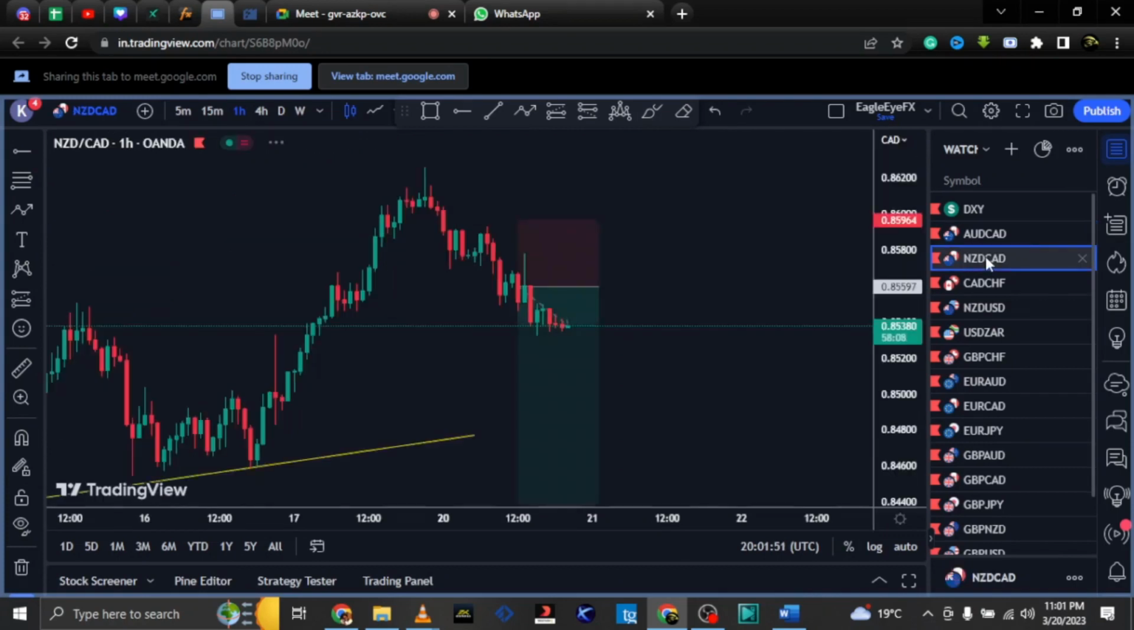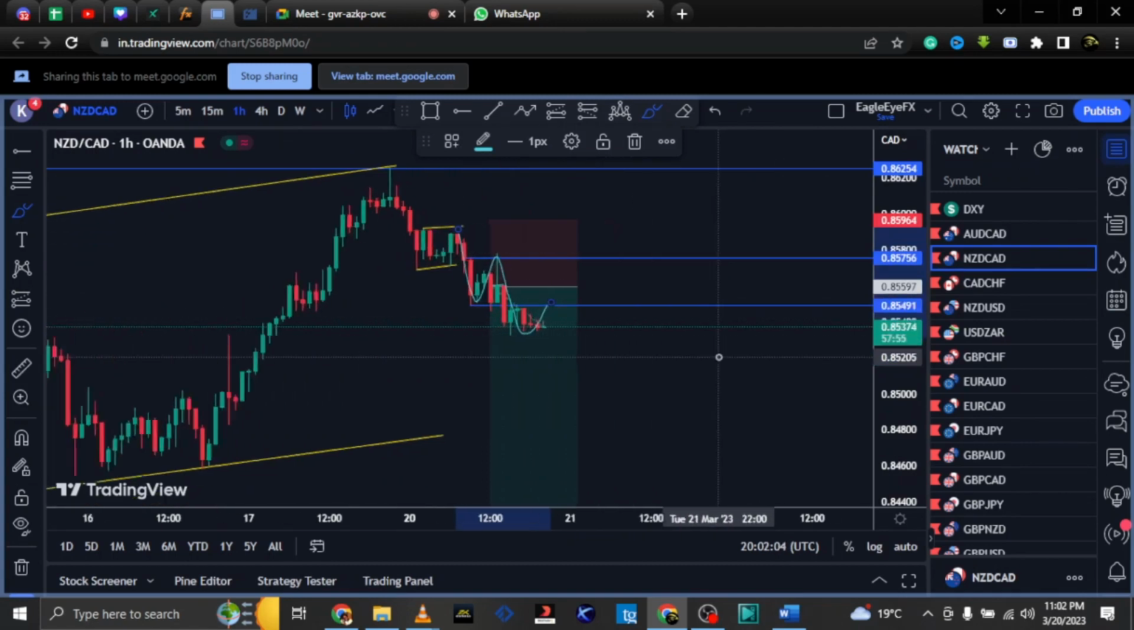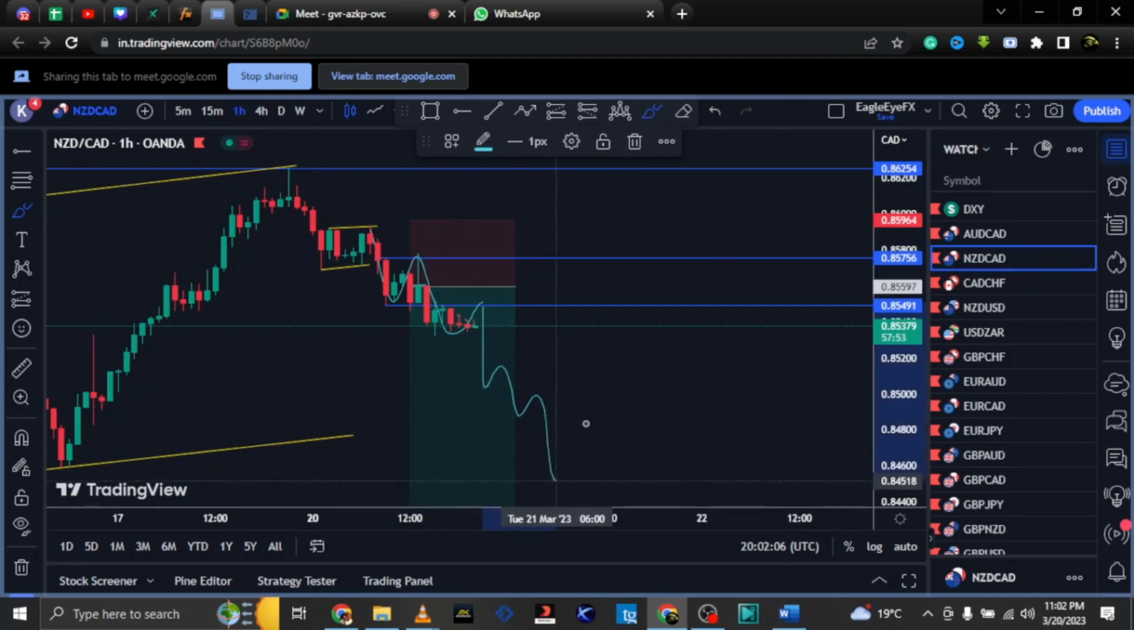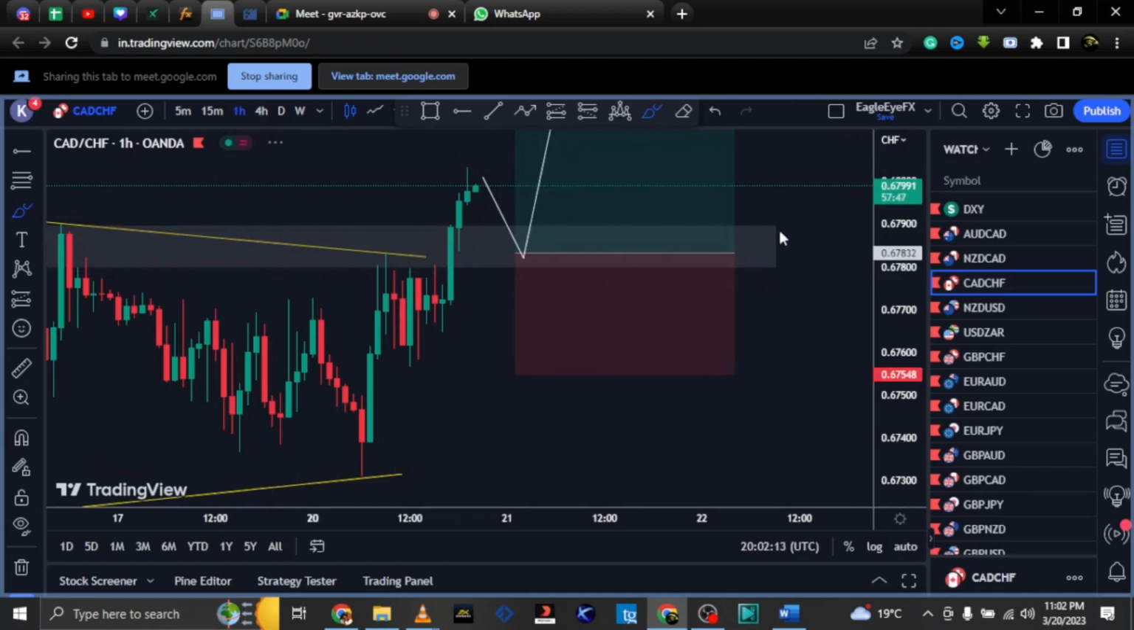But NZD/CAD, I think it has actually broken. It's creating lower lows. You can see it's a lower low and lower high. So it's creating another lower low, and maybe it could get another lower high like that. It could just continue like that. But I'm actually looking to short these pairs. And also CAD/CHF, like I have said,